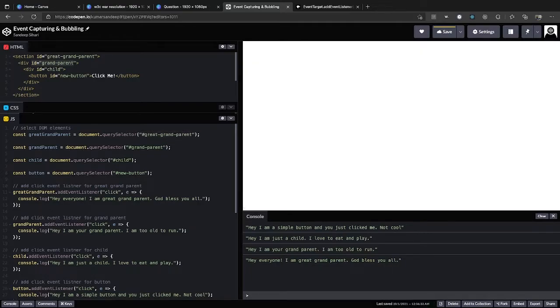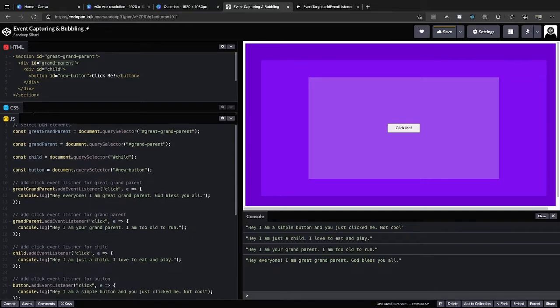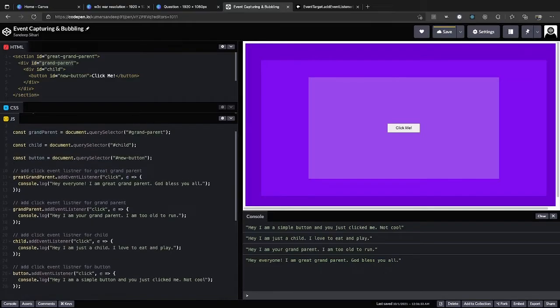Now I have selected the four HTML elements: the great grandparent, grandparent, child, and the button element. From line number 10 to the bottom, I registered the event listener.